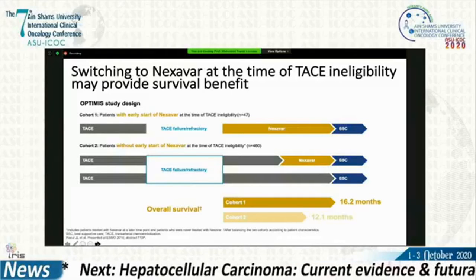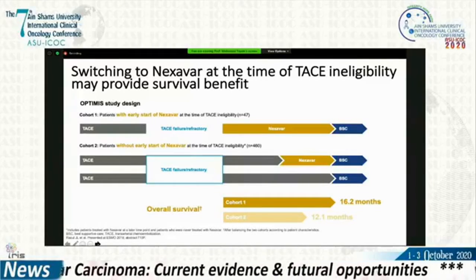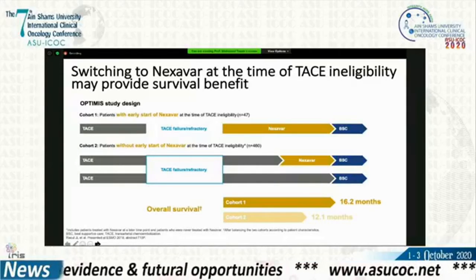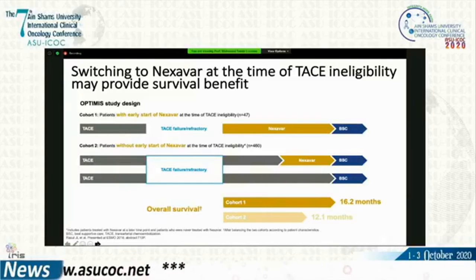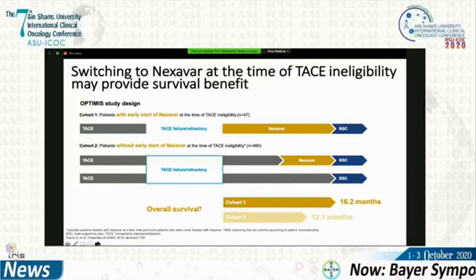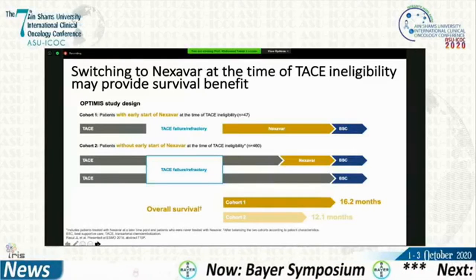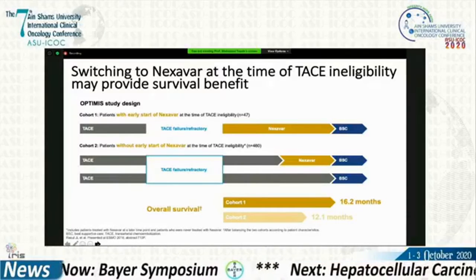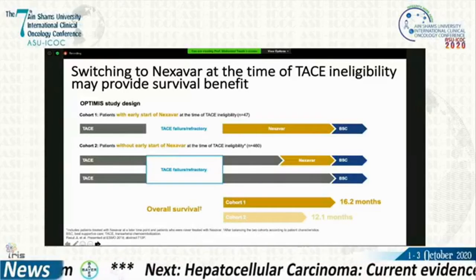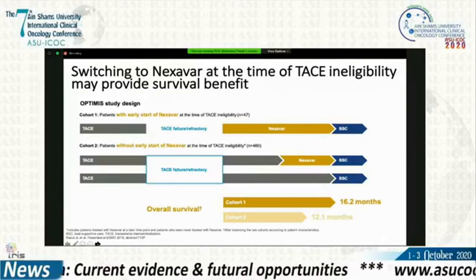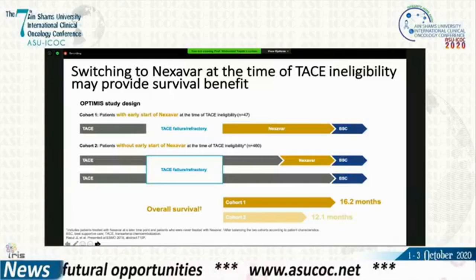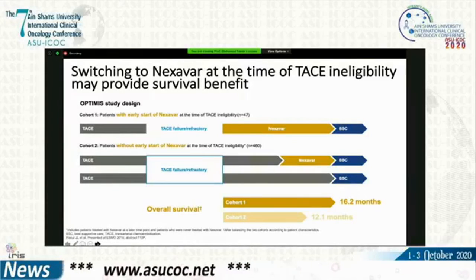Because the more TACE, the more the liver is decompensated and will be unable to tolerate systemic therapy. So according to the OPTIMIS trial, cohort 1 was patients with early start of Nexavar at the time of TACE ineligibility, and cohort 2, patients without early start of Nexavar at the time of TACE ineligibility. The result for cohort 1 was 16.2 months overall survival, and for cohort 2, it was 12.1 months, which denotes we have to start systemic therapy as early as possible in BCLC-B patients. And we have to identify who are the patients who become refractory to TACE as early as possible before our